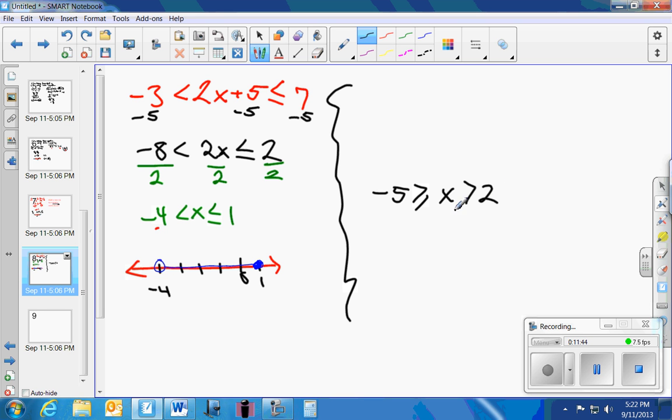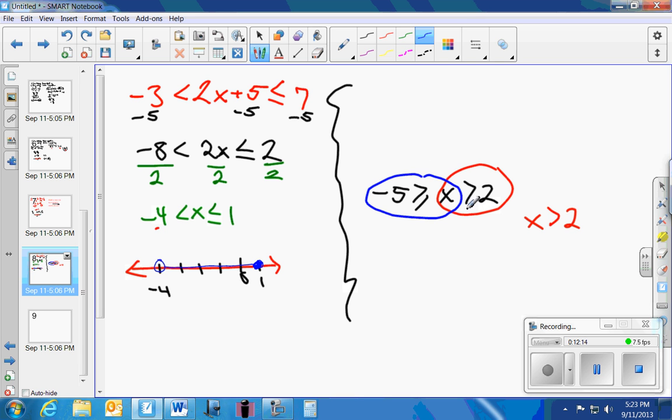What I'm going to do is break this up into 2 separate pieces. Okay, and I'm going to write it so that my x is on the left-hand side of both things. So my one equation is really easy to see. This is basically one of my equations right here: x is greater than 2. That's great. And then my other equation